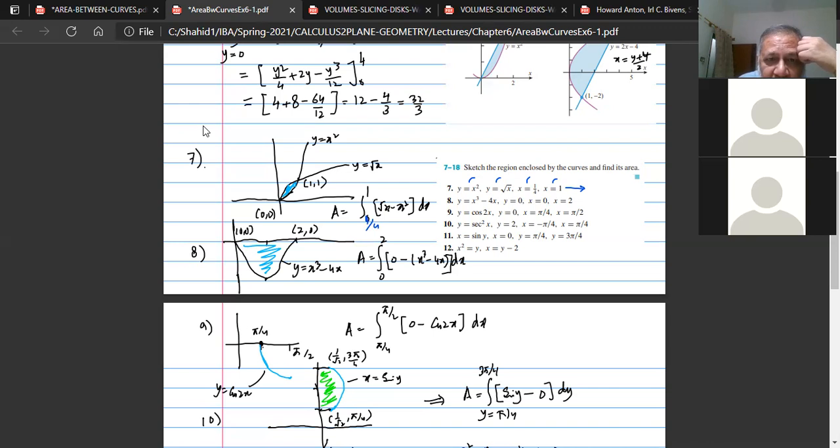Now, what is the upper part? Upper function is square root x. The lower function is x square, and you have to integrate between 1/4 to 1. I have not solved it. I have just shown you how to sketch the region,